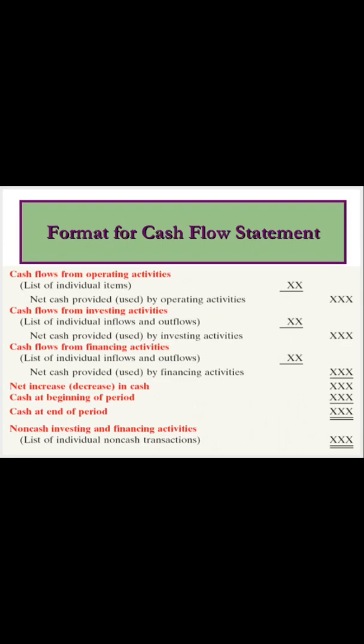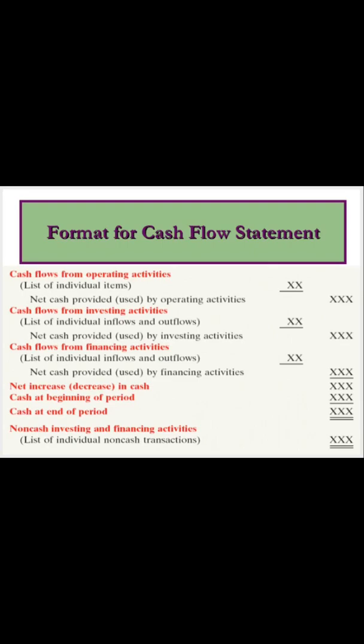After this, the turn comes of financing activity. Here also all the list of individual inflow and outflow of cash regarding the financing activity, like taking a loan from the bank or issuing shares or debentures to the shareholders and debenture holders, and in fact giving the dividend to the shareholders or interest to the bank or to the debenture holders are to be written under this category. After making all the adjustments, net cash flow regarding the financing activity has been computed.